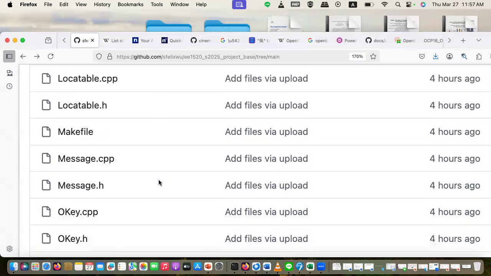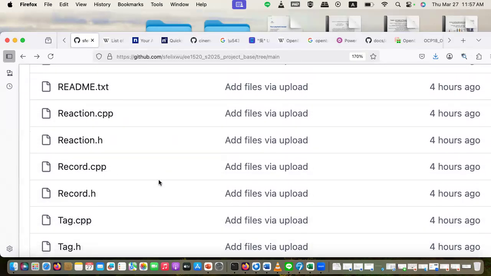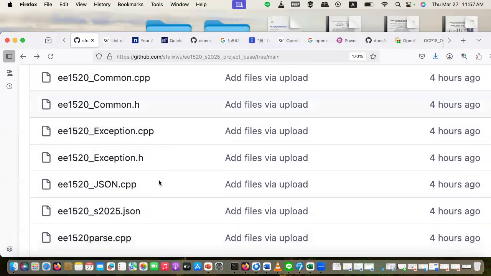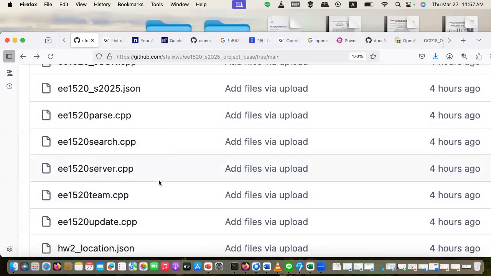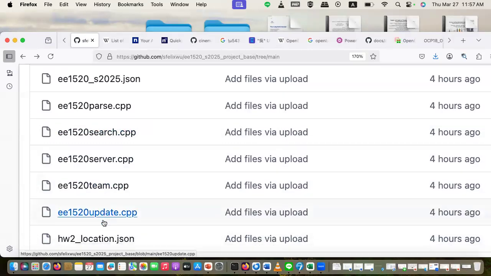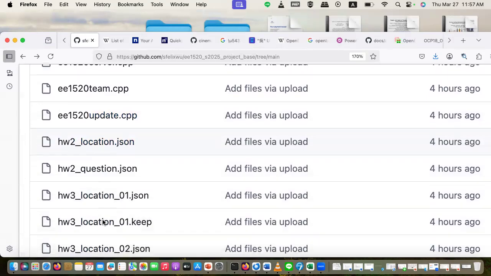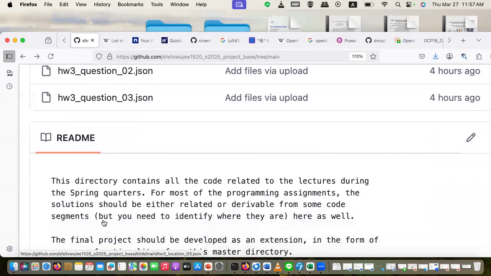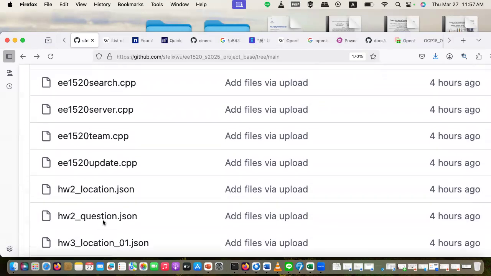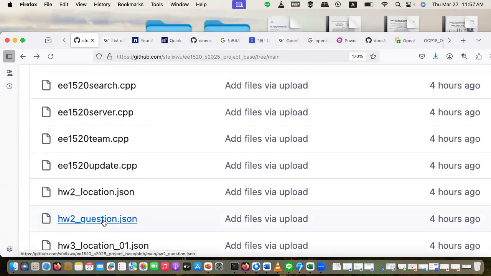So that's why you can see you have a function call. Let me see, where do I have? Okay. I have a function call, I have a parse, I have a search engine, I have a server, I have an update. Update is like making a post, meaning that I'm uploading a post. And I have a bunch of JSON that's actually helping me to do everything. Okay, so that's the whole thing.